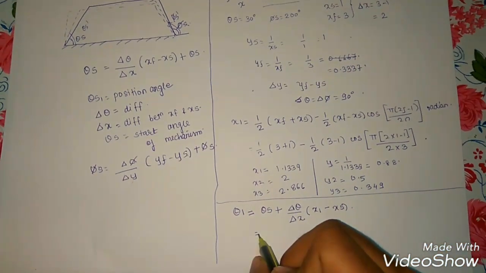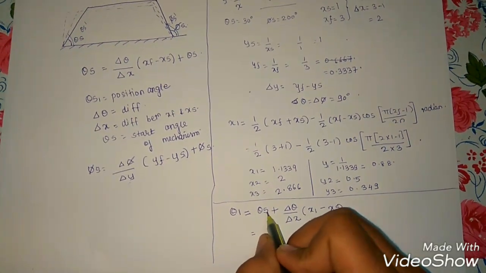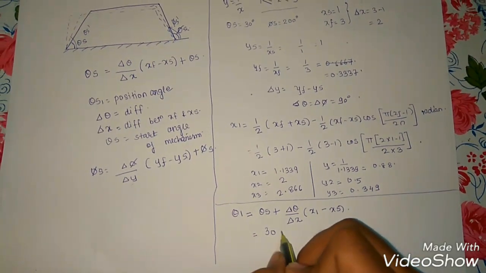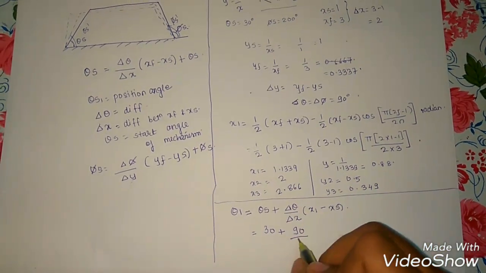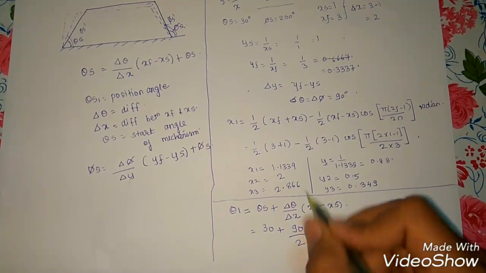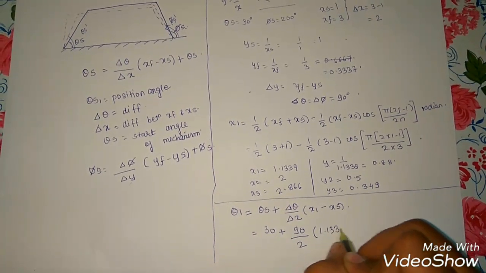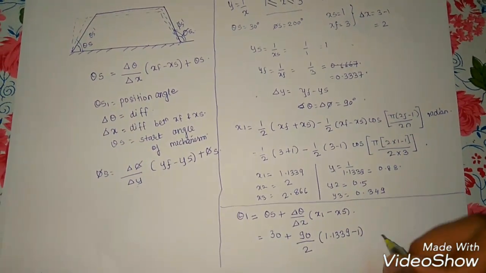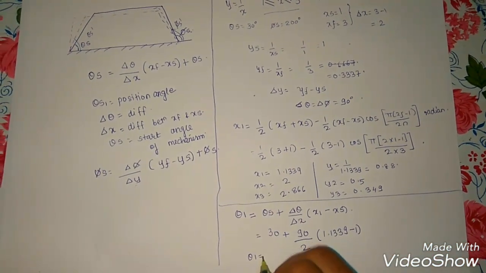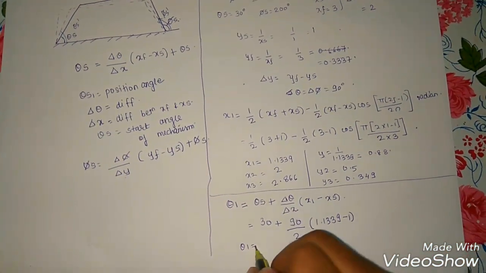We have been given theta s as 30 degrees, del theta as 90 degrees. We have found del x will be 2, x1 as 1.1339 and xs as the start position 1, which will give us theta 1 is equal to